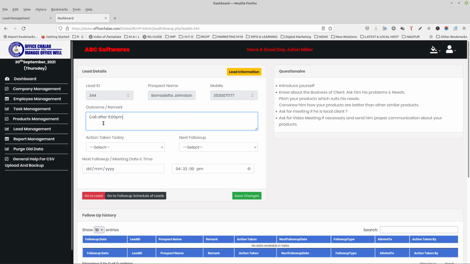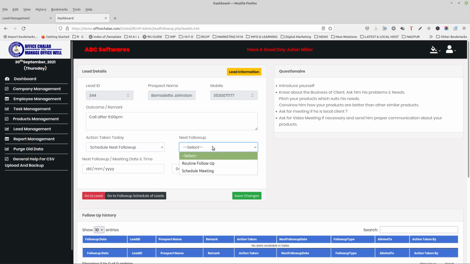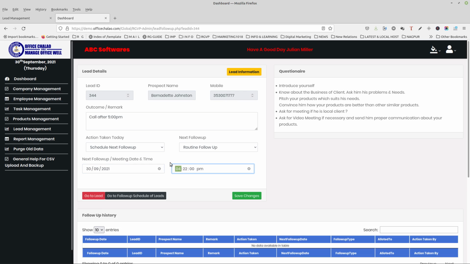Like shown here. And then click on Save Changes.